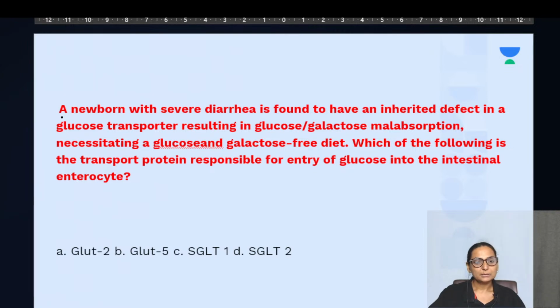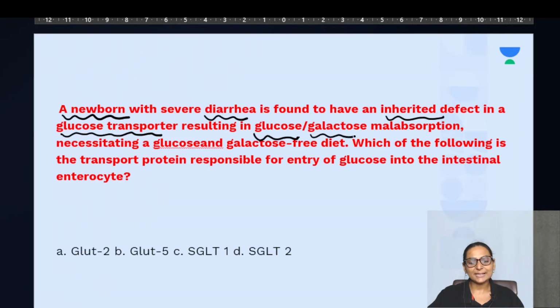Now, a newborn with severe diarrhea is found to have an inherited defect in a glucose transporter, resulting in glucose galactose malabsorption, necessitating a glucose and galactose free diet. Okay, free diet means we must not give him glucose and galactose in the diet. Which of the following transport proteins is responsible for the entry of glucose into the intestinal enterocyte? GLUT2, GLUT5,